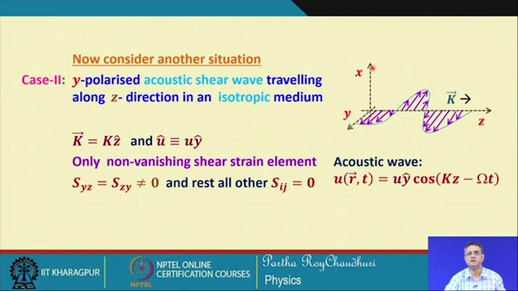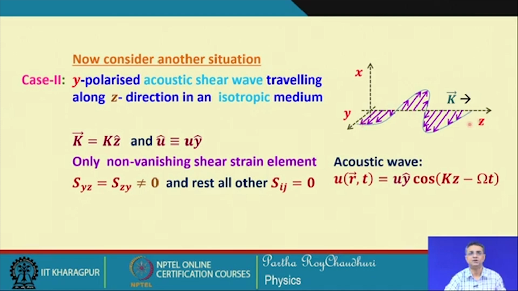We can as well consider that it is polarized along the x axis also, but because it is isotropic, there will not be any change, because it is the same for isotropic medium, x polarization and y polarization. These are the two degenerate modes of the acoustic wave, which we also saw in the beginning of the acoustic wave discussion. For this case, this propagation vector k is k along z, and this u y